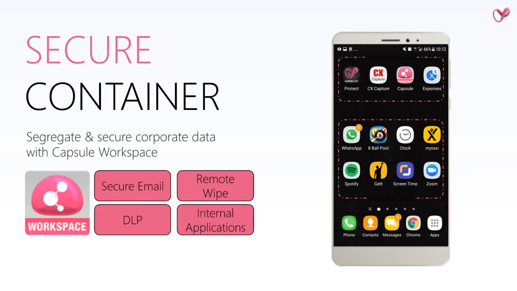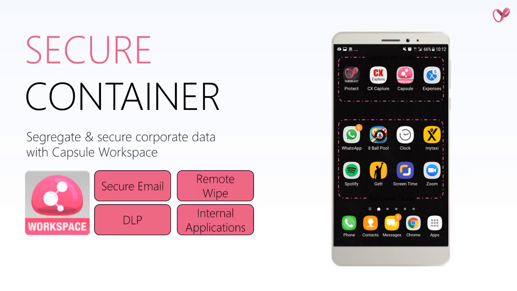So for customers who don't have an EMM solution, we are also providing an EMM kind of solution, the MAM kind of solution, the mobile application management solution, which is called Capsule Workspace. What this Capsule Workspace will provide is a secure container. So even if you bring your own mobile into the corporate office or somewhere,